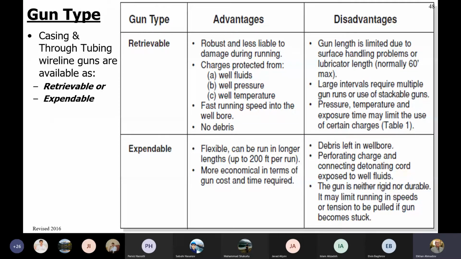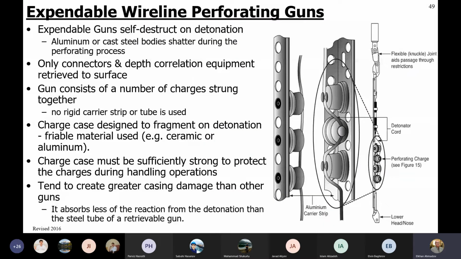So by the retrievability, we have retrievable gun types, and these retrievable gun types are, as it sounds for itself, can be retrieved to have them checked, and they are run into the hole, as I showed before, and we'll show on the next slide. With the carrier